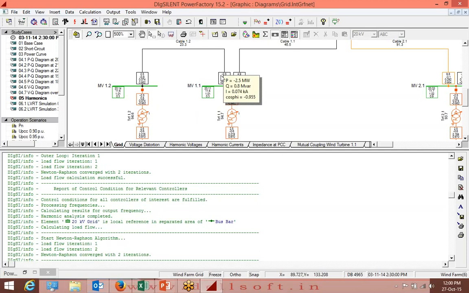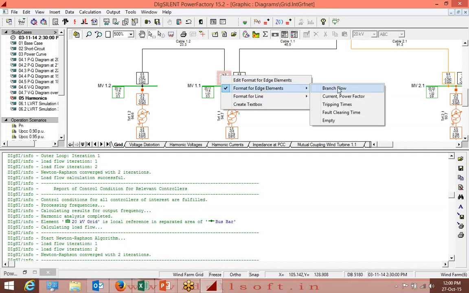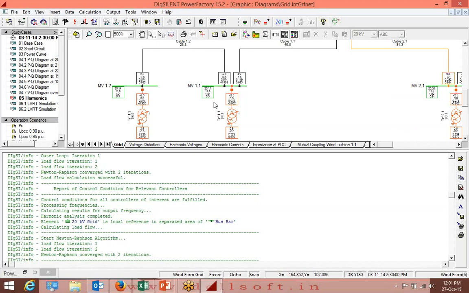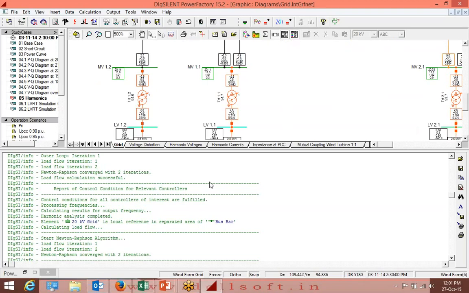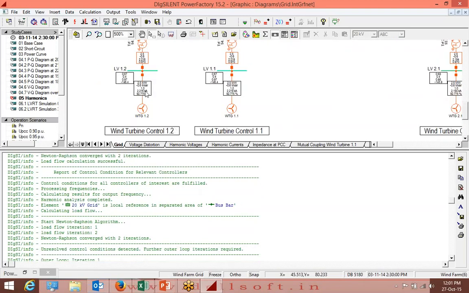You can see different values, and you can change them according to your format and requirement. Like if you want to put branch flow, current, power factor, tripping time, fault clearing time, or you can leave it empty as user defined. So these are the values of loading, like 92.775% loading on all the turbines now in running condition.